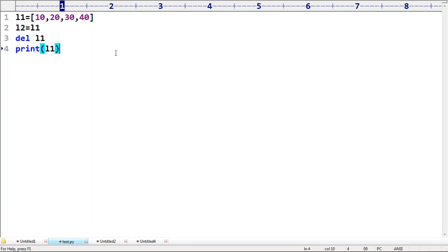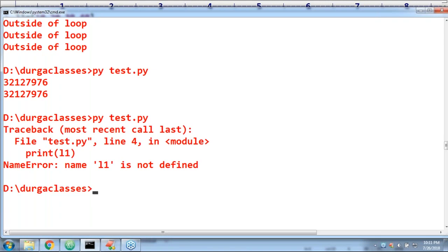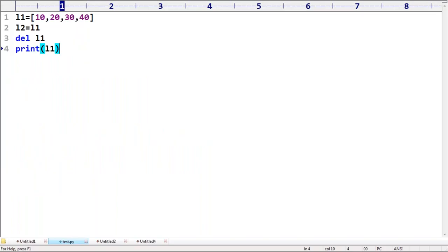If you print L1, what will happen? Immediately Python is going to give a NameError: name L1 is not defined, because you already deleted it. How can you use it?